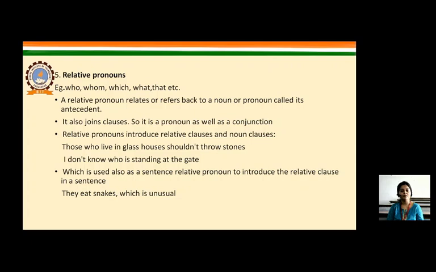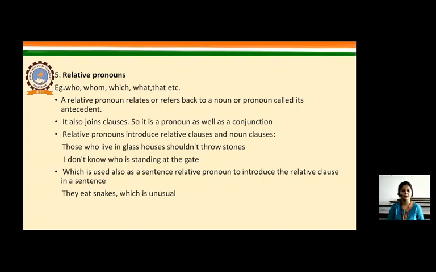So now you're referring to the same house, and you are telling some other fact about that particular house, showing the relation between this statement and the house. So here is where you will use a relative pronoun. You can also use it like, this is my house where earlier there was a vacant land. So you can mention any statement like that, but when it is showing a relation with some statement that has